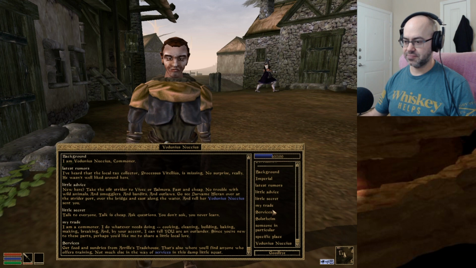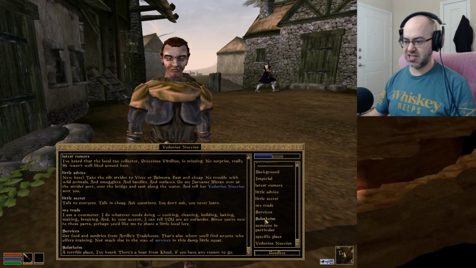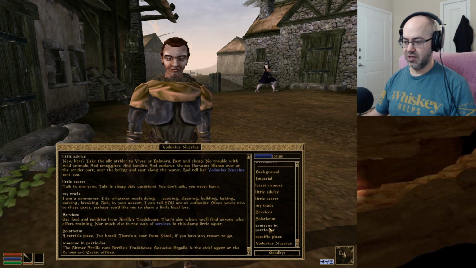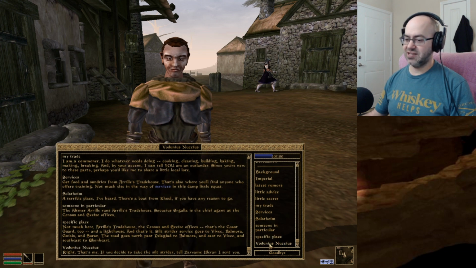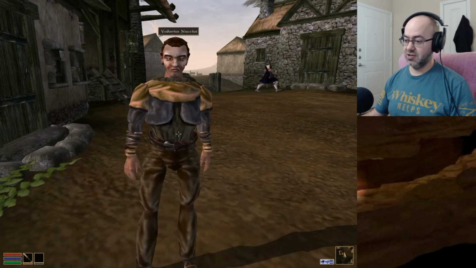All right, we did services, Solstice time. Terrible place. I've heard there's a boat from Cool if you have any reason to go. I need to check out the journal. Yep. So someone in particular, probably, you don't ask about them, they just tell you who the special NPCs are. Silt Strider. Right. So you have his name now specifically, so if you go to Silt Strider, yeah. I mean, we could just go do that, because our orders...